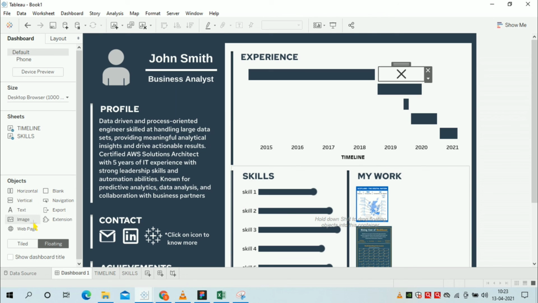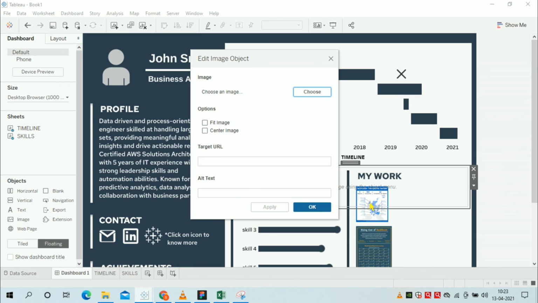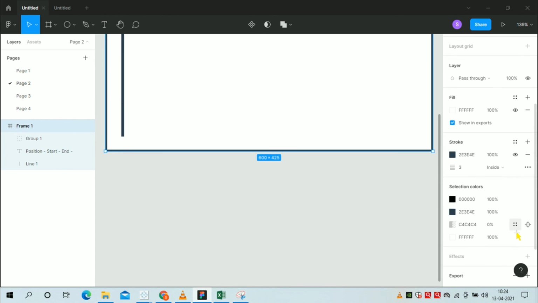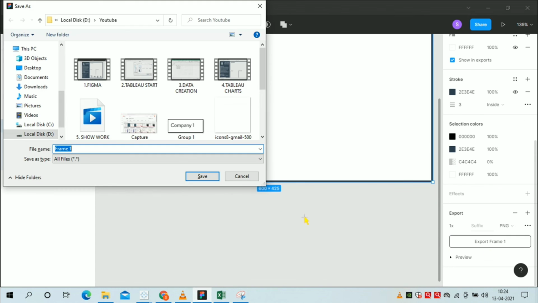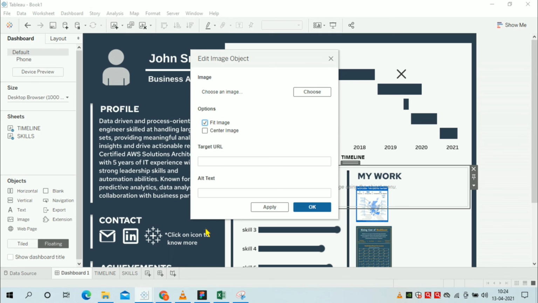Okay. Now press and keep pressing shift and drag the image to your box. So first we will export this image from Figma. Okay, now we'll add that image here.